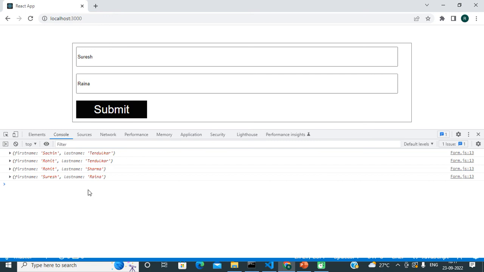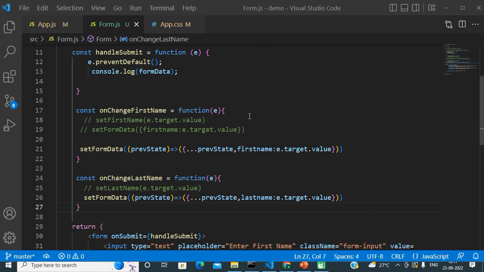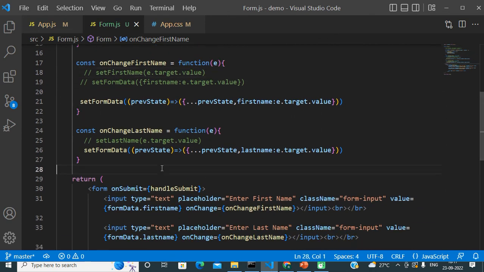So this is actually the concept of the useState hook. We can use the state hook with primitive data types as well as complex data types. Whenever we use the state hook with a complex data type, we have to maintain our previous state with this syntax. Just pass one arrow function as an input, pass previous state as an input parameter to that arrow function, and from within that arrow function just update our new state, something like this. So this is actually the useState hook.